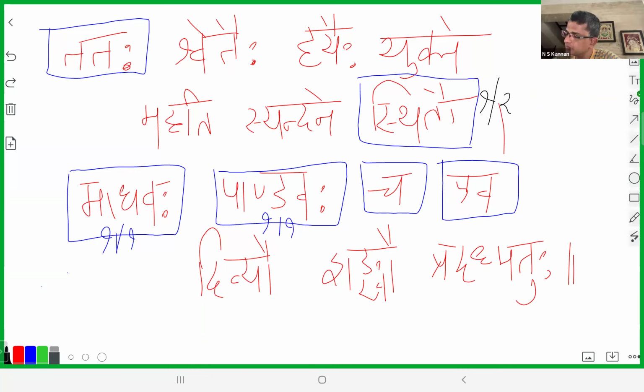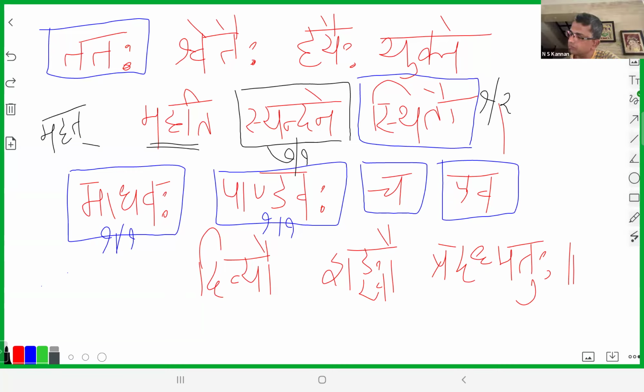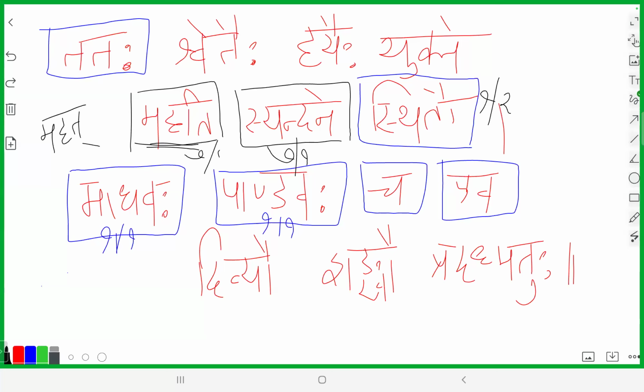What is syandanam? Syandanam is chariot. Ratha. Yes, chariot. Akaranta napumsakalinga padam. Syandane. Tell me, vibhakti. This is Saptami. Very nice. Saptami ekavachanam, showing you location. Right? So, mahat, pratipadikam mahat. Okay, this we have not done. That's okay. It's a takaranta word, no? Mahat is a takaranta word. So, saptami ekavachanam, mahati. So, what kind of a syandanam? Mahat syandanam. Okay. There was a big chariot.